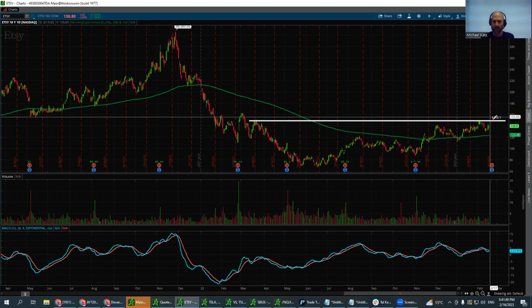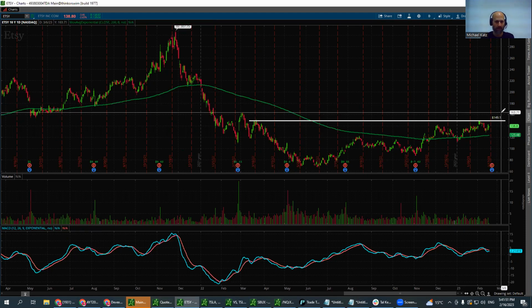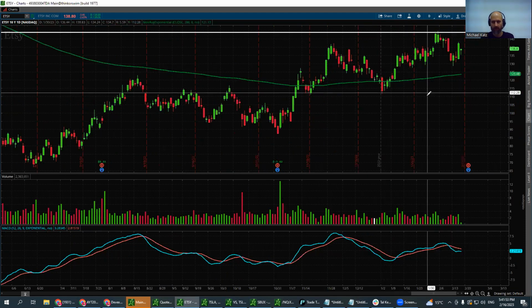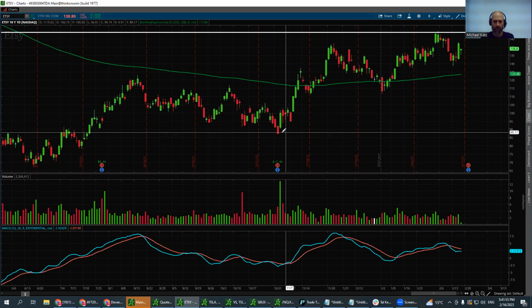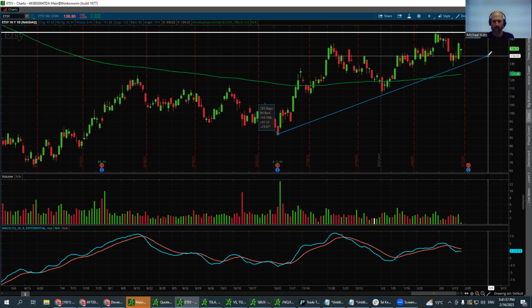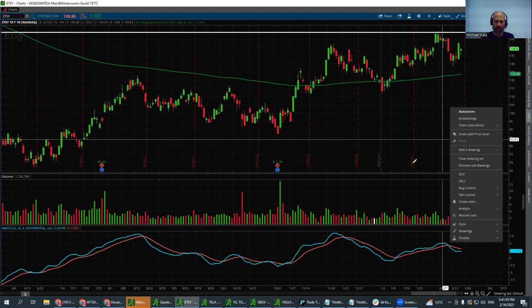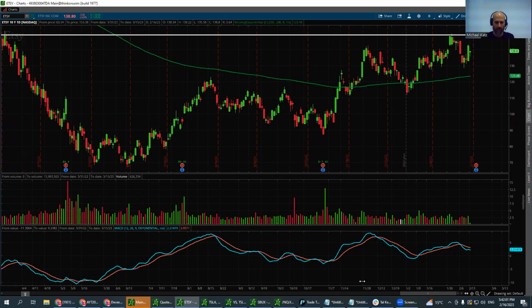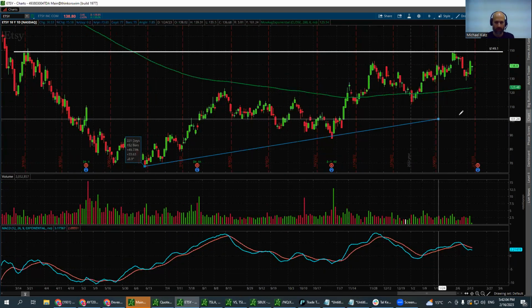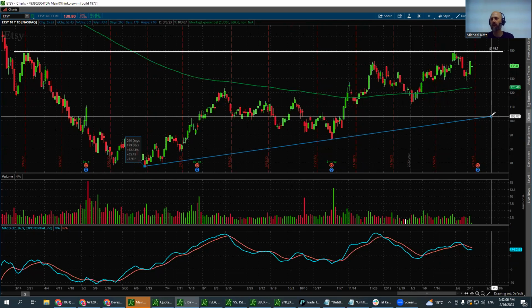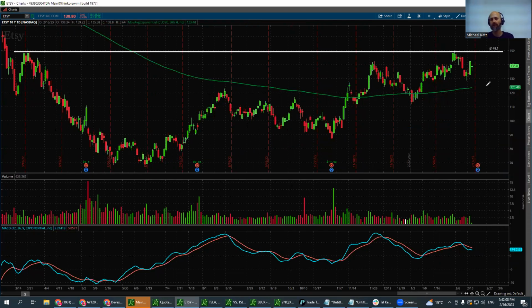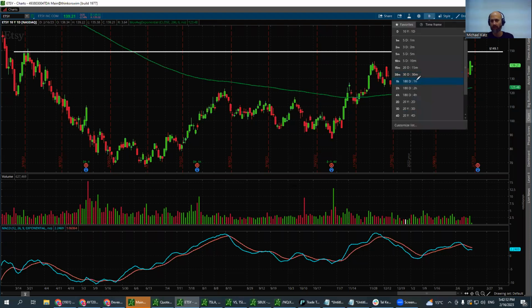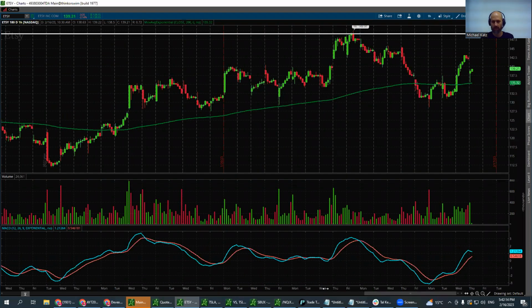Either breaking through it, retesting it, and continue to the upside, or better option for me at least, that would be a too stiff of a trend line, and that's too far. So yeah, not a lot that I can tell about Etsy on a daily chart, at least. If we go to the 1H,